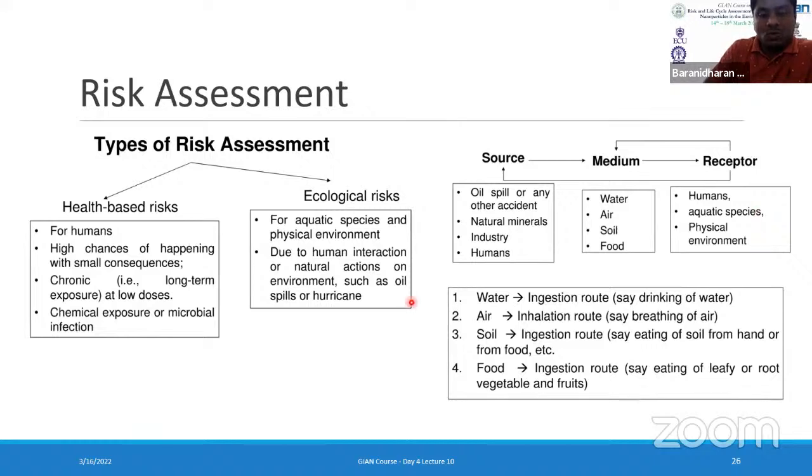So with respect to water, it is nothing but the ingestion. So we drink this nanoparticle containing water, what is the risk that it possesses? Air is nothing but the inhalation. If we respire the soot that comes out from burning, that is one such thing. And soil, again, ingestion. The root is nothing but the plants that are cultivated using the contaminated soil. So how does that get ingested through the mouth? So those are the pathways.